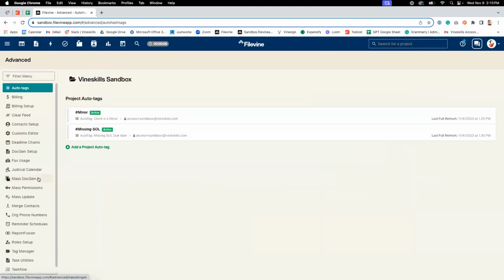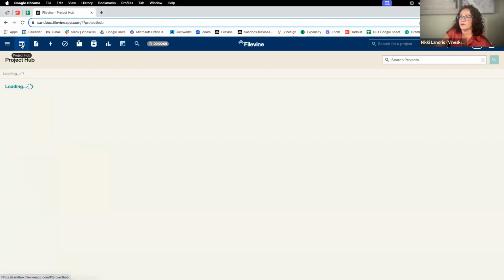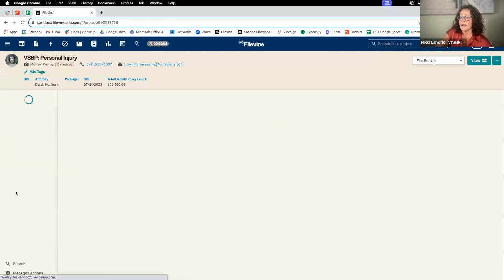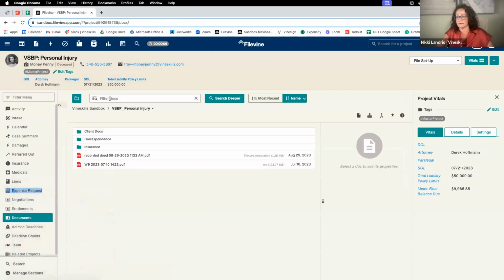And there's a question, Nikki. Someone said it makes sense to tag minor or companion, but they're curious why it's useful to apply tags to docs when the search feature is available. I see it used mostly as a really quick click of the button filter. So if I know that every time I generate an LOR, I'm tagging that document in a certain way, I could come into my docs section for that project and say, you know what, I just need to look real quick at those LORs. And then if it has a specific tag,